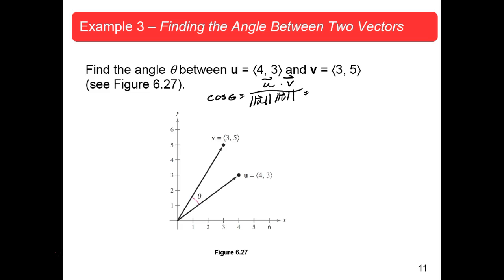What would you write out? 4 comma 3, 3 comma 5 over